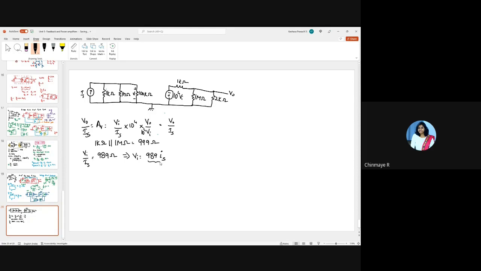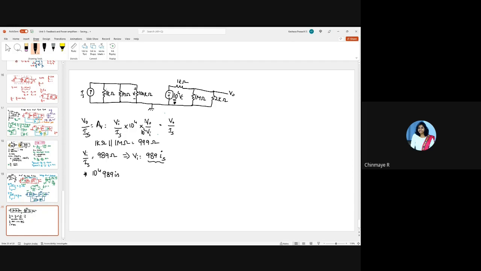So now this is getting amplified by a factor of 10 power 4, right? So at this point where I've started, I'll get a voltage equal to 10 power 4 times 989 IS,